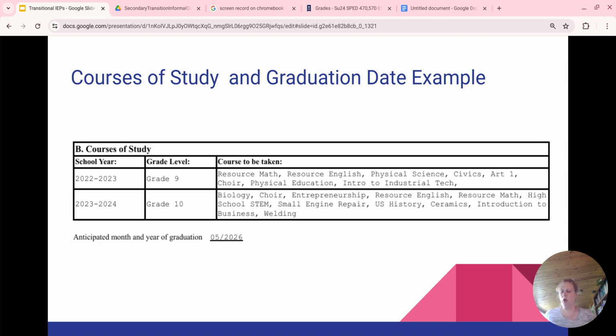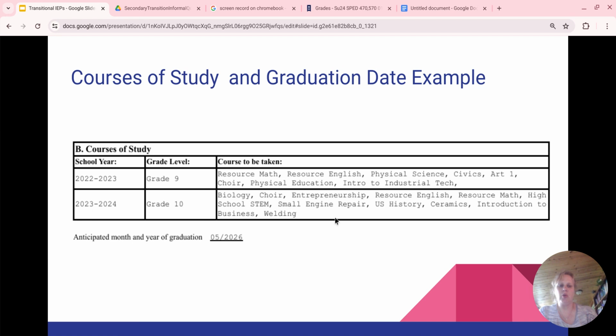Speaking of courses of study, here we have an example of a student in grade 9, and this particular school year that they were in. This student took resource math, resource English, physical science, civics, art 1, choir, physical education, intro to industrial tech.